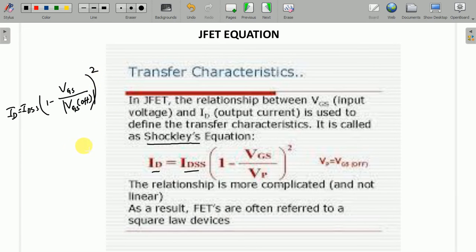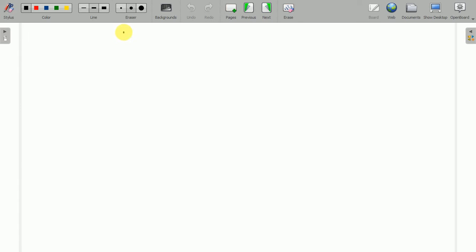This also you will find, but we know that VGS off is equal to VP, so we can very well write (VGS by VP) square. As a result, FETs are often referred to as square law devices. So now we have this equation for FET: ID is equal to IDSS multiplied by (1 minus VGS by VP) square,